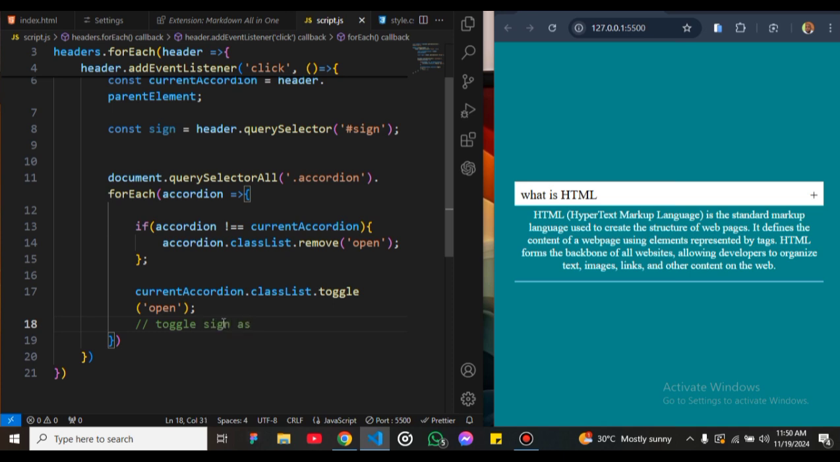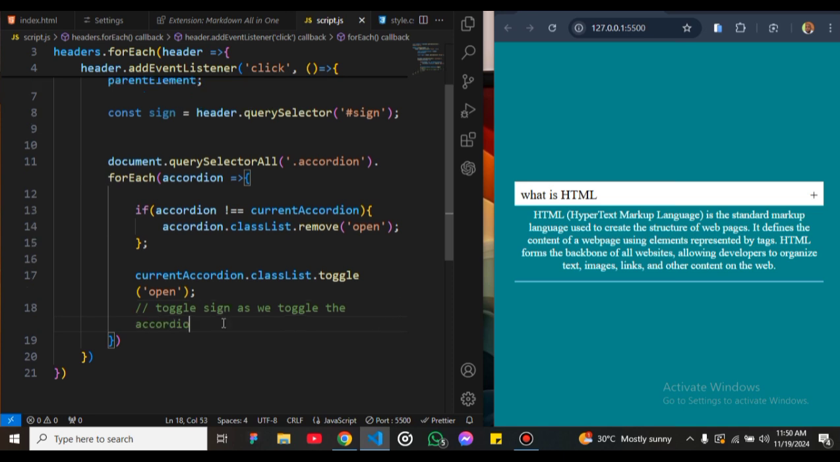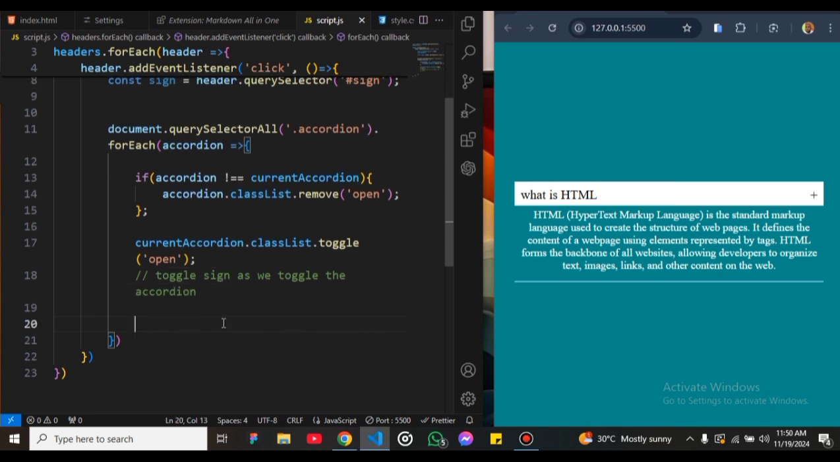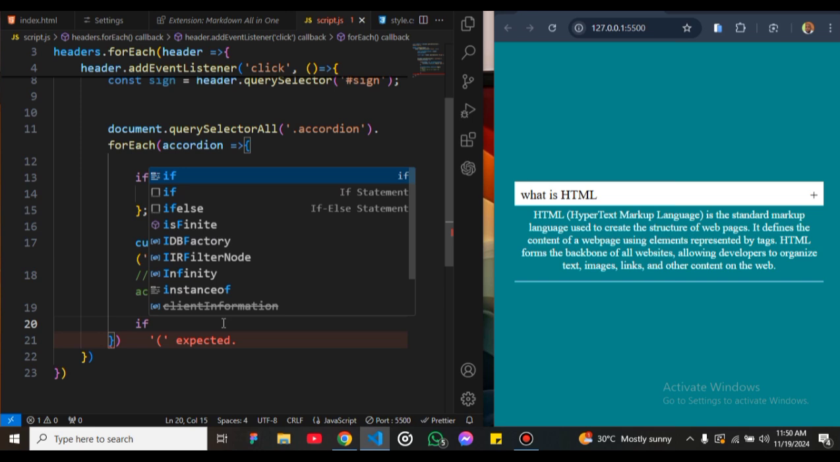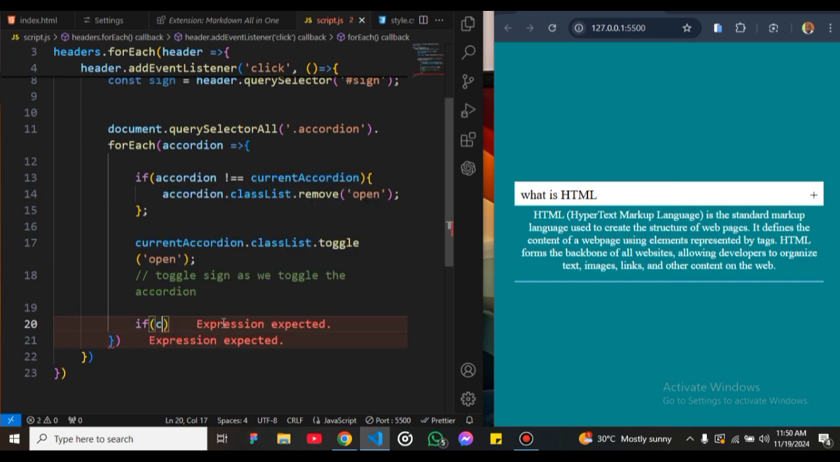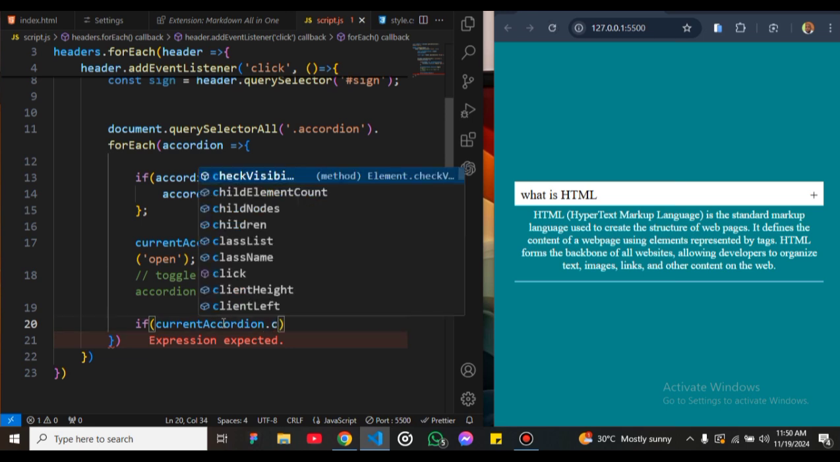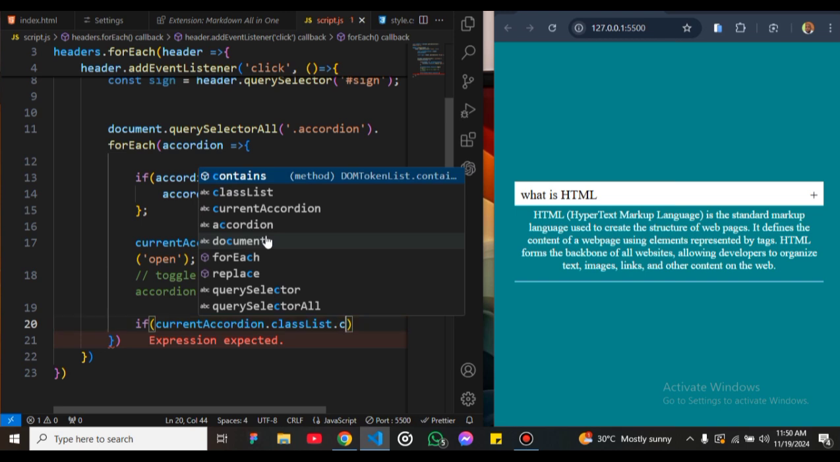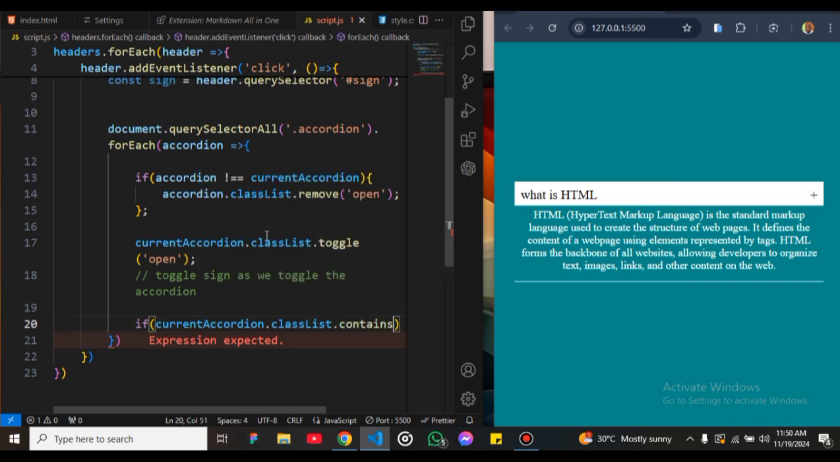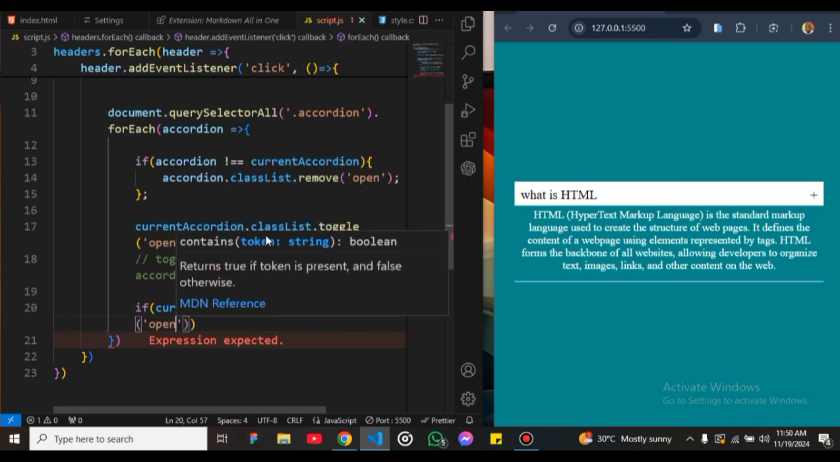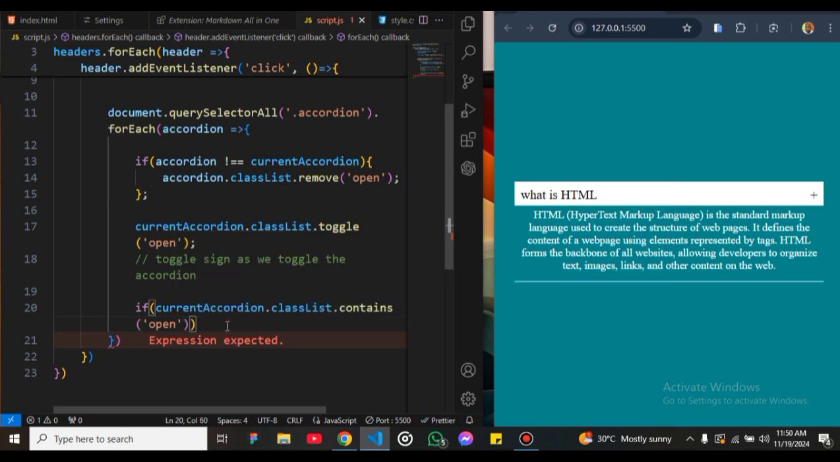So this is for our sign. I want us to toggle the sign as we toggle the accordion. So as we are toggling the accordion itself, the sign also is changing. So let's use a condition to do that. If current accordion dot class list dot contains, if it contains this utility class called open,